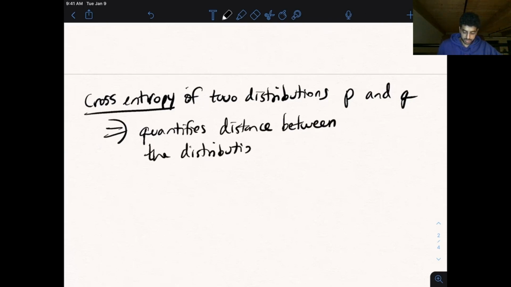So if the cross entropy is low, then the distributions are fairly close together. If the cross entropy is high, that means that they're pretty far apart. And the equation for this is,